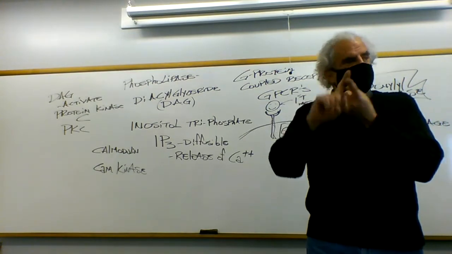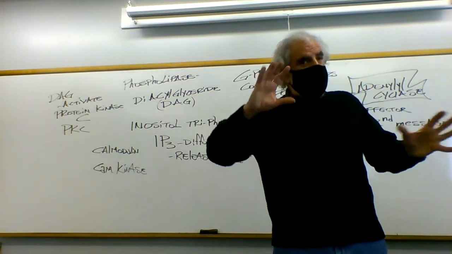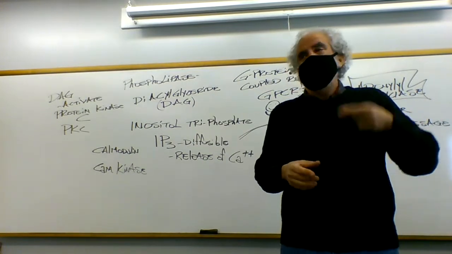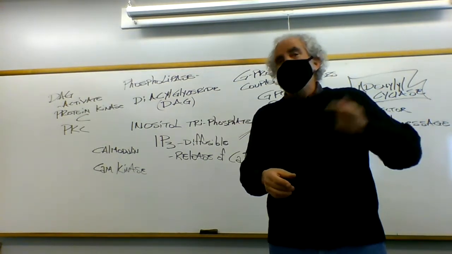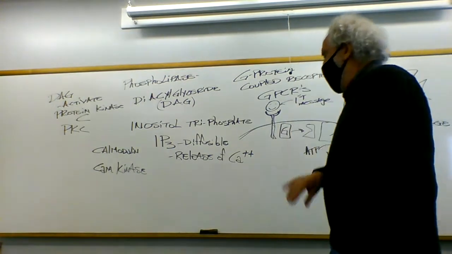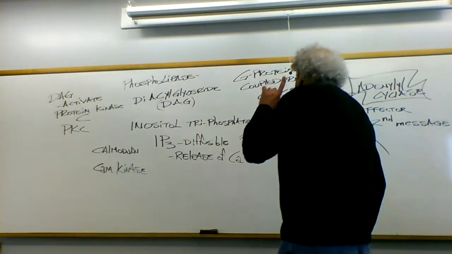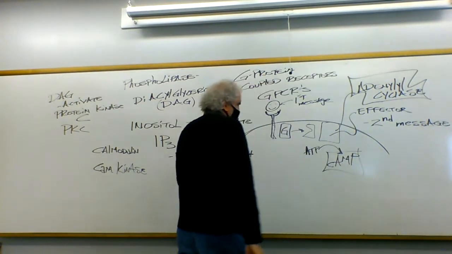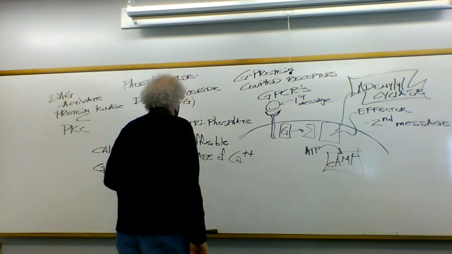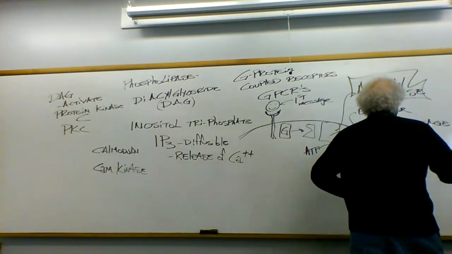Because this is what we're about to see is one of the mechanisms by which cancer can exploit the system by activating a kinase that can't be shut down. That's a very bad thing. All right, we'll be getting into this as we continue on. Now, let's see. So we've got two different effectors. We've got adenylyl cyclase